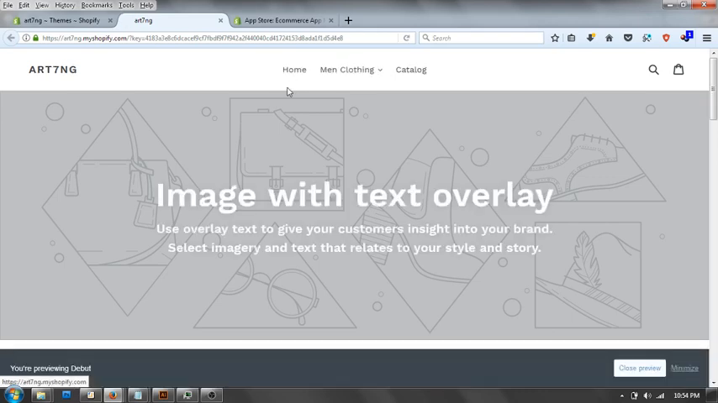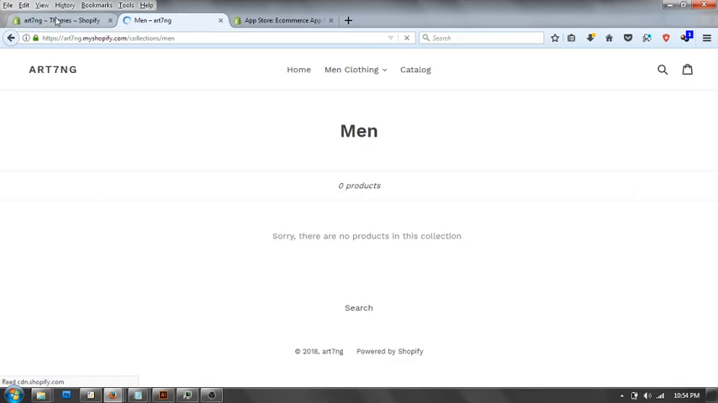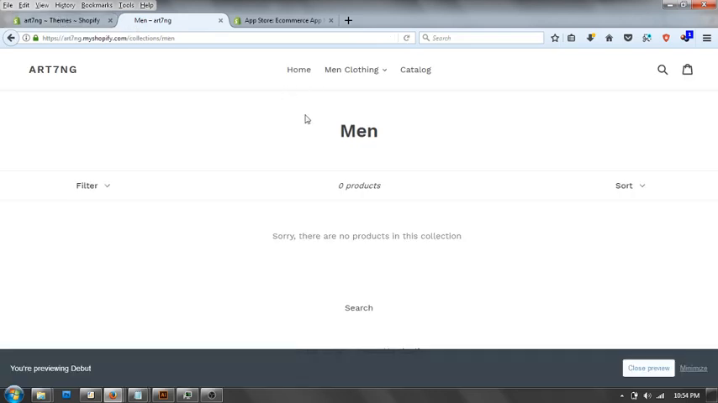There we go. Alright, so notice you still have your home, but now we have the men clothing. And look at that, it has a sub. You see the arrow tells you that there is a sub menu. And then we have the catalog. So if somebody clicks on the sub menu, he sees the shoes. So if there were more, he'll just list down here. Okay, so that's good. So we're just going to leave this